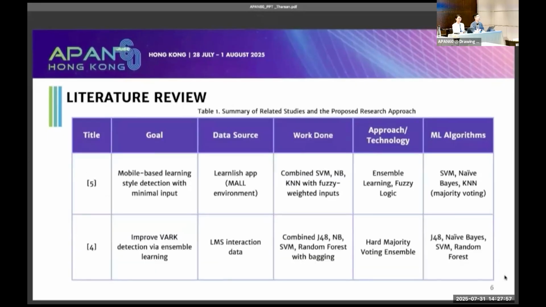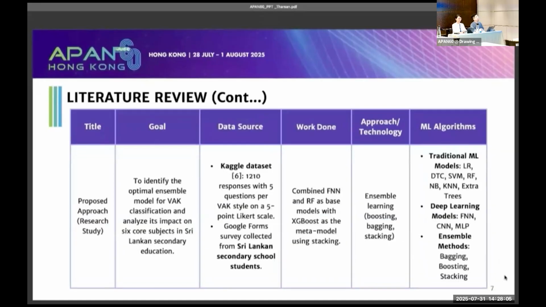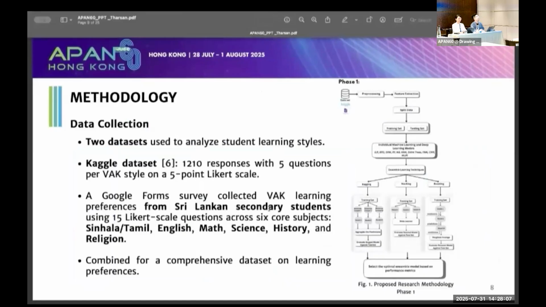Let's move to the literature review. Table 1 shows a summary of related studies and the proposed research. Let's move to the methodology part. Data collection: two data sets were used to analyze student learning style. One is the Kaggle data set. It contains 1,210 responses with 5 questions per VAK learning style on a 5-point Likert scale.